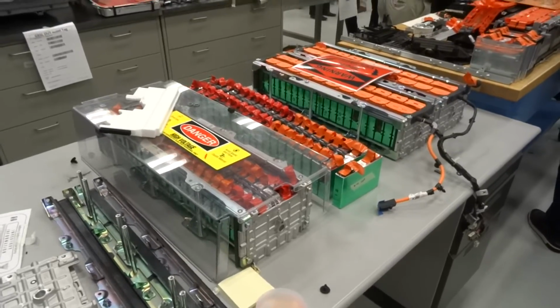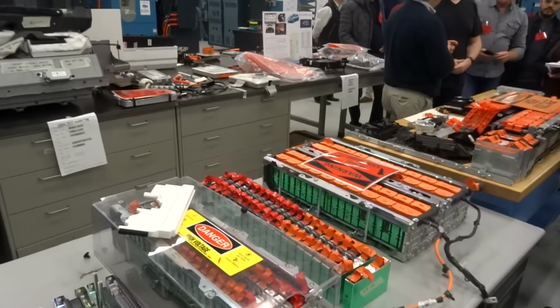Currently they use a thin-bodied cell that's stacked next to each other, that sits on the bottom floor pan of the car. They're also testing cylindrical cells like they use in Teslas as well, so that allows them to do different packaging. Now, we did get an exclusive story there because basically we spotted the shell of a